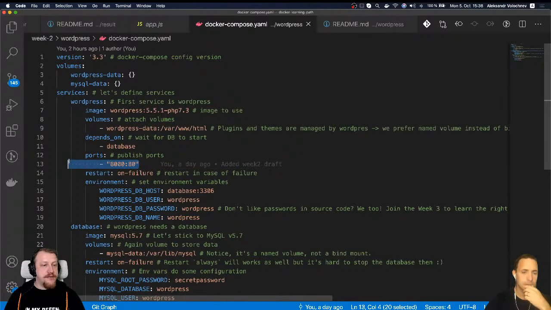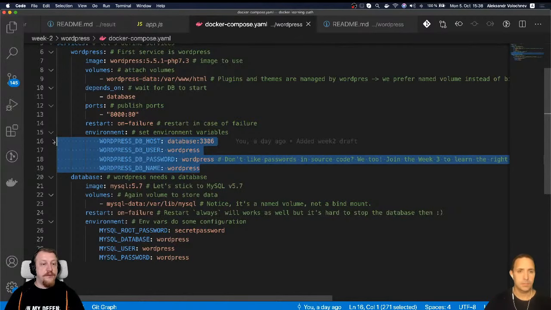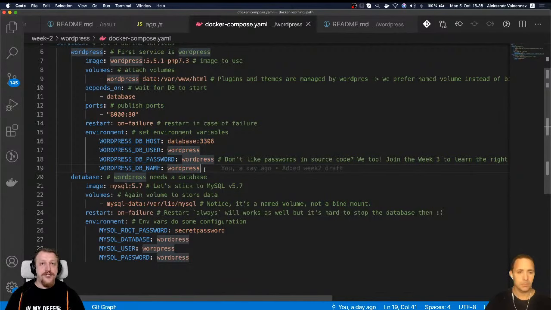Then we are publishing ports, so my WordPress will be available on host port 8000. When I say restart on failure, I want my container to be restarted if it exited with an exit code not 0, so if it failed somehow. And then I'm specifying some environment variables, as I did in the docker run commands. And some of you